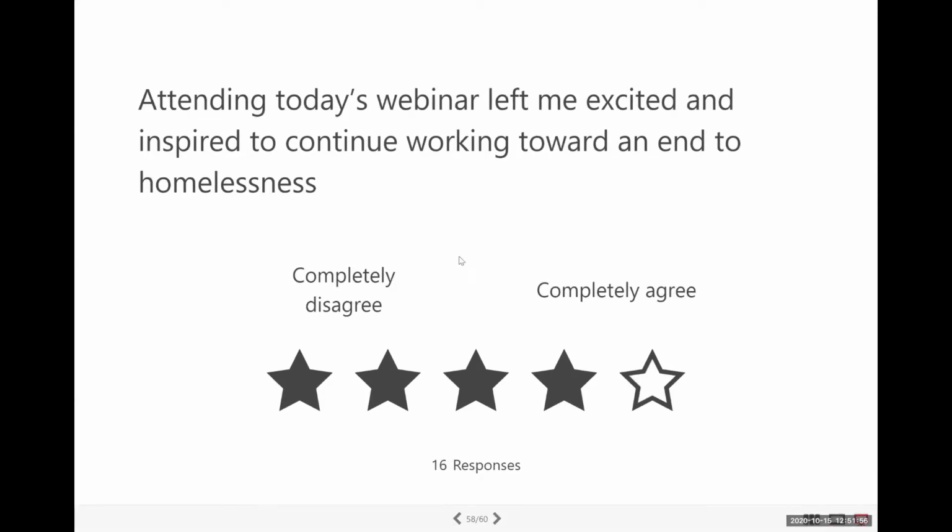And while people are filling that out, it would be super interesting if you're able to put in the chat box, if you are already implementing coordinated access, what kinds of things you are coordinating access to right now. It would be interesting to see the variety and what people are doing.